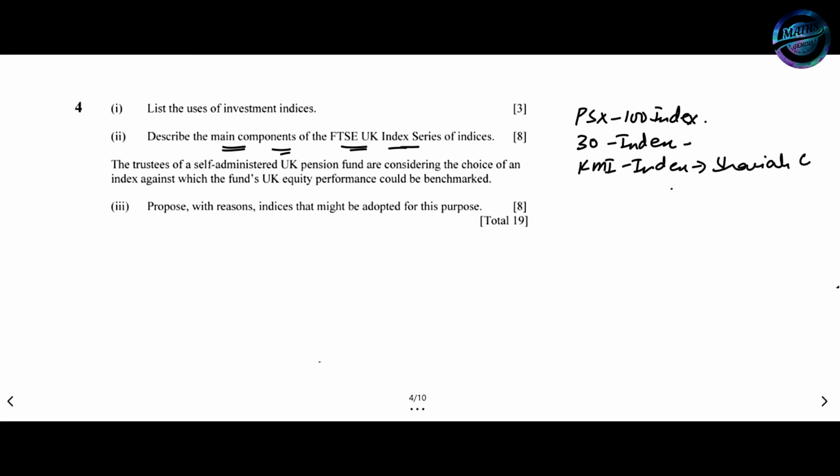So similarly, when we are talking about the main components of the FTSE UK series of indices, it includes the following, right? I am talking about part 2. Okay, so first of all, the FTSE 100 index, then the 250 index, then the 350 super sectors index,